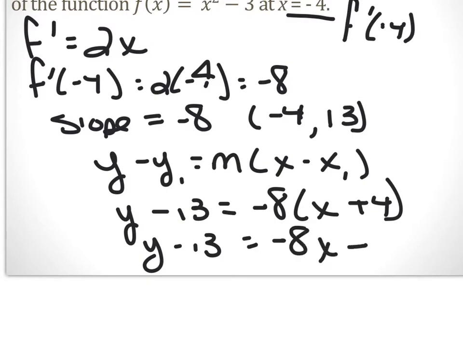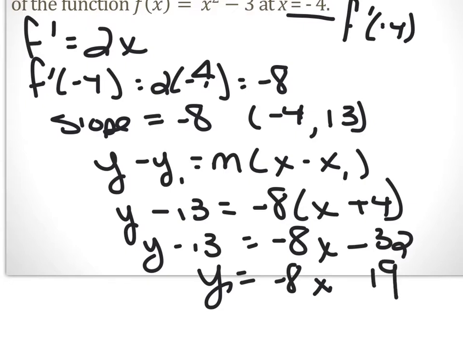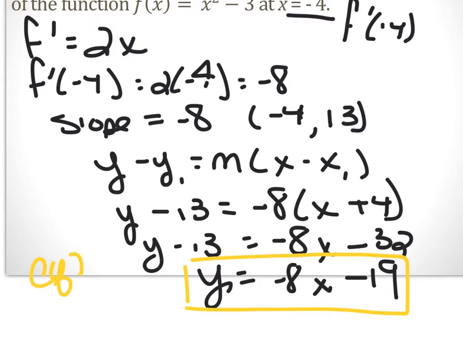-8x minus 32. Add 13 to both sides. -8x, excuse me, 13 is going to give you 20, 30, yeah. And we're adding, so this is a negative here. That is the equation of the tangent line